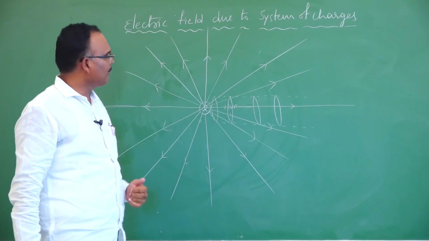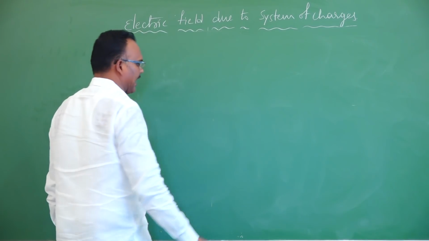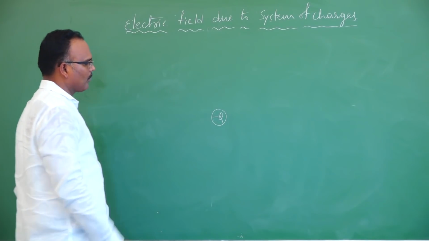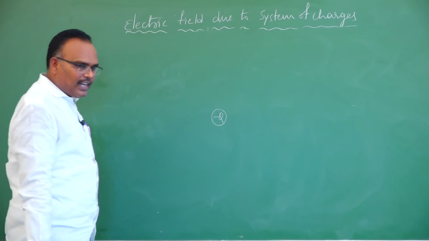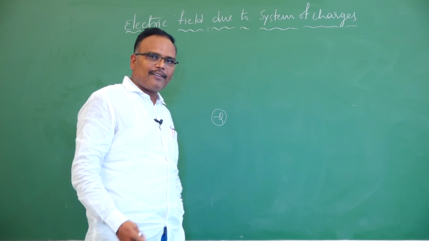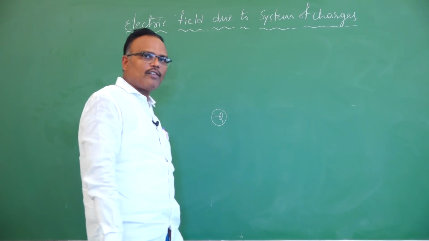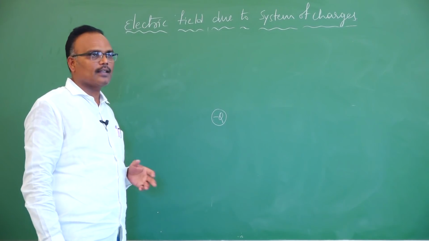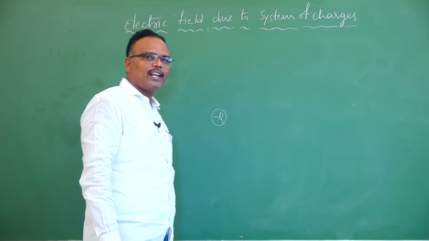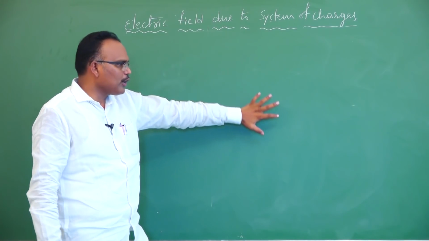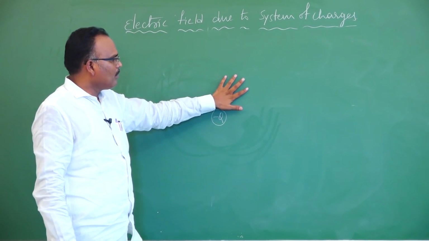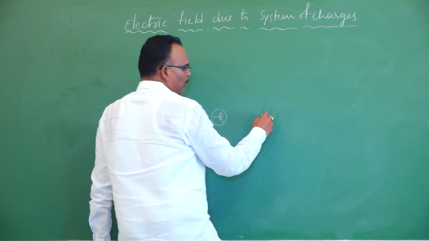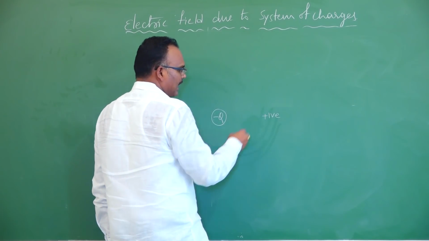We are discussing here electric field diagram for isolated negative charge. For example, this is a charge having negative, so minus Q. Electric field is explained with the help of electric field lines. Now we know the definition of electric field line. Electric field line is the path traced by unit positive charge when it is placed in the external electric field. We know negative charge also produces electric field around it. But how this electric field will exist here, we'll see. If you place a unit positive charge somewhere here, then it will attract.